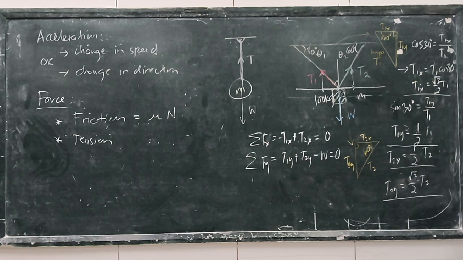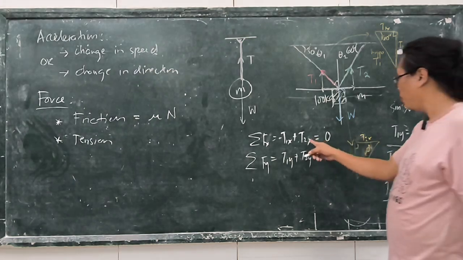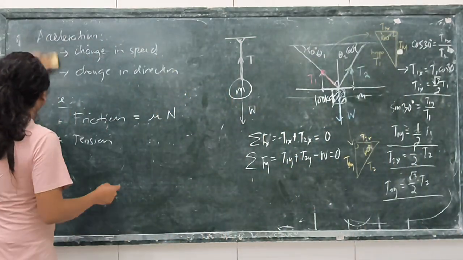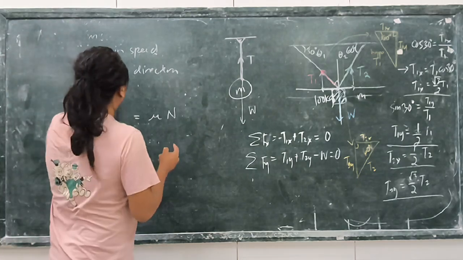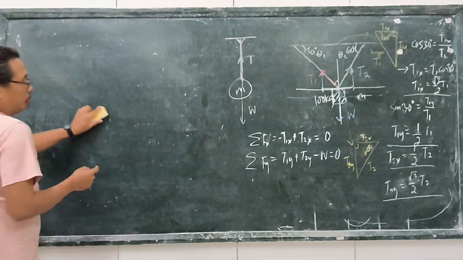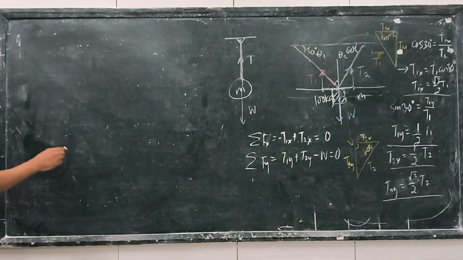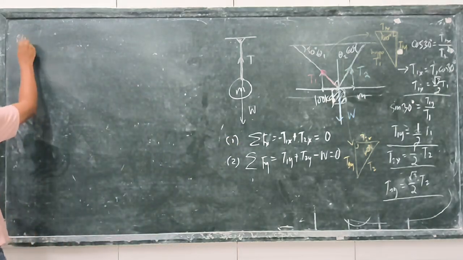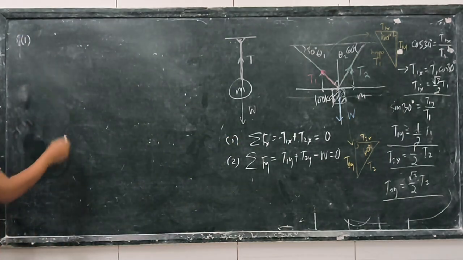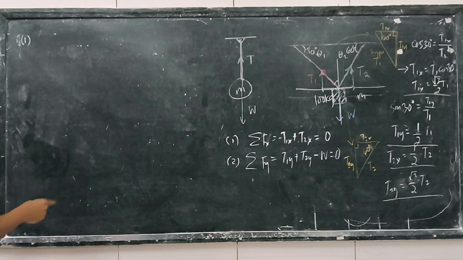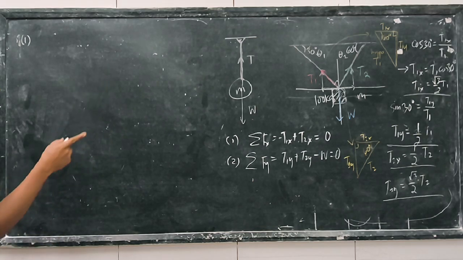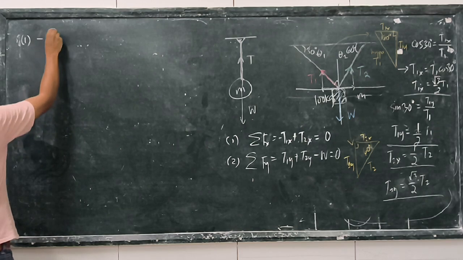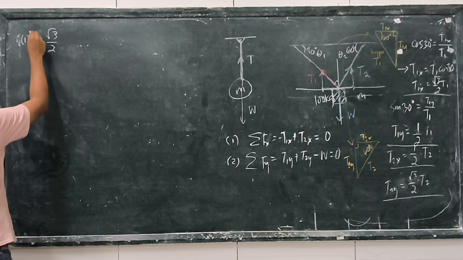This one here, into this equation, what do you get? Okay, if we plug that into the equation, we now get, for equation 1, let's call this our equation 1, and this is equation 2. So equation 1 now becomes negative T1x. What is our T1x? This is negative square root of 3 over 2.